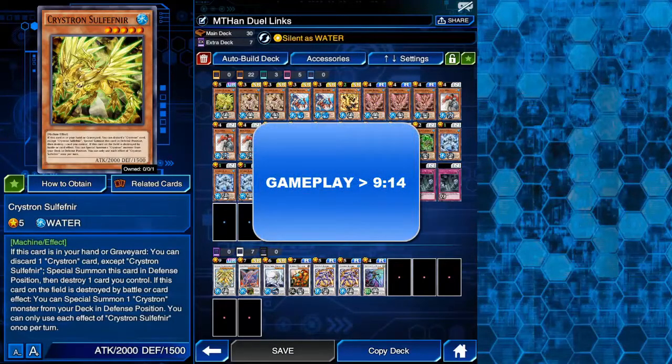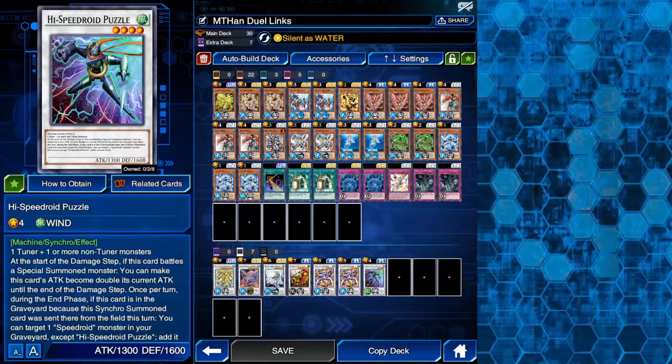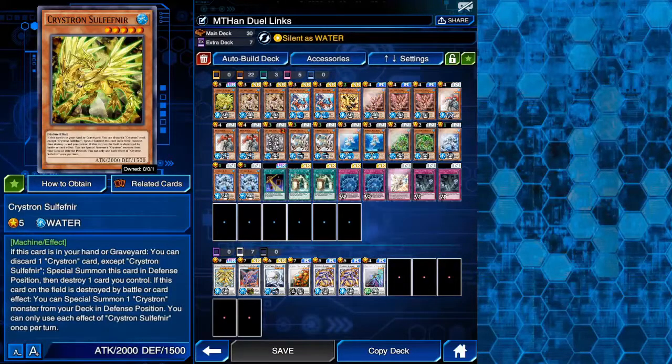This deck is almost free to play, but I can't call it free to play because I want to play Samurai Destroyer and High Speed Droid Puzzle. They are from different boxes. They are optional, you can choose to not play them if you don't have them. Then if you take out those, this deck is free to play. All you have to do is go through the Cybernetic Rebellion Box, and when it comes to the deck, we can